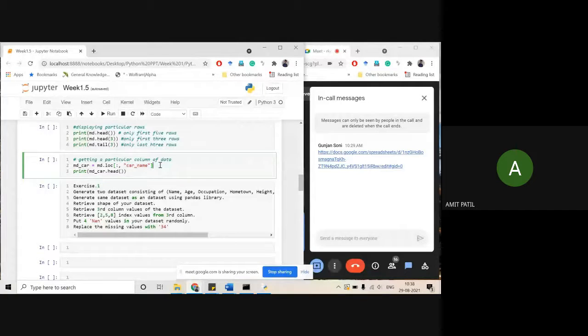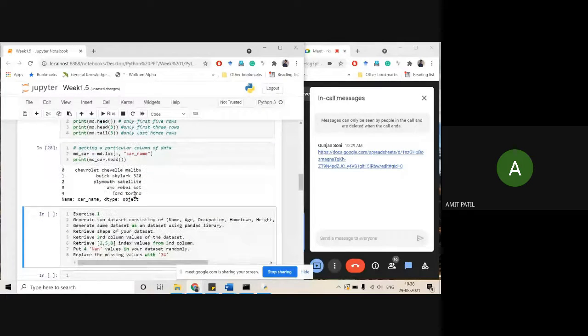Say you want to do some computation on a single variable or 2 or 3 variables, then you can do it with this command. You retrieve the variable and assign it to a new variable, and then you can do further computation on it, right?